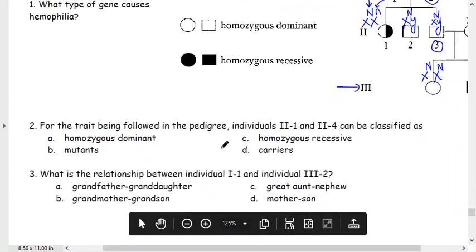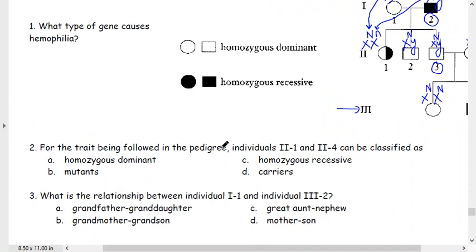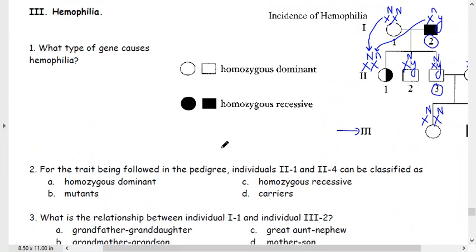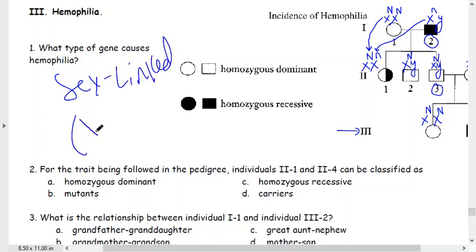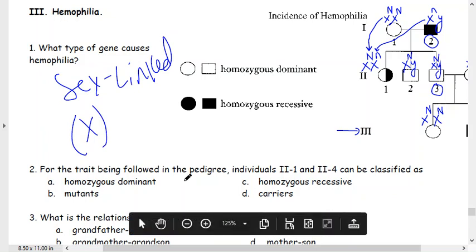Remember, in every pedigree you have 2 things to think about right up front. Is the trait sex-linked? Yes or no? And is the trait dominant or recessive? Right. So what kind of gene causes hemophilia? Sex-linked, again, that's on the X chromosome. For the trait being